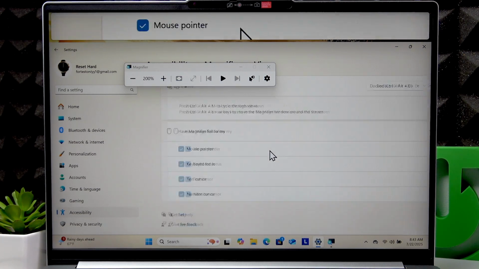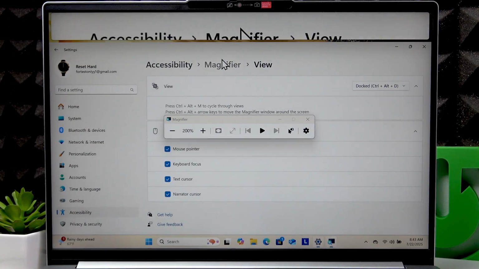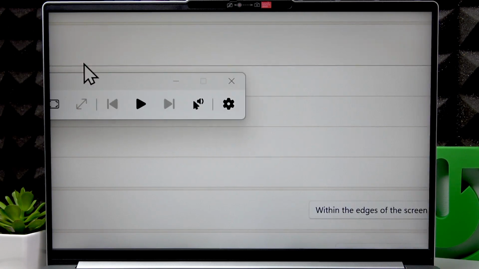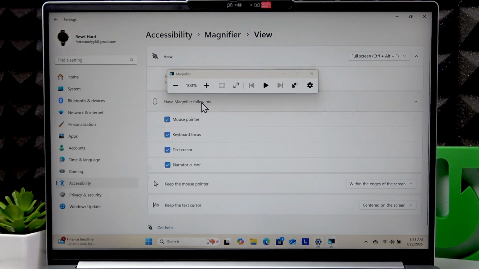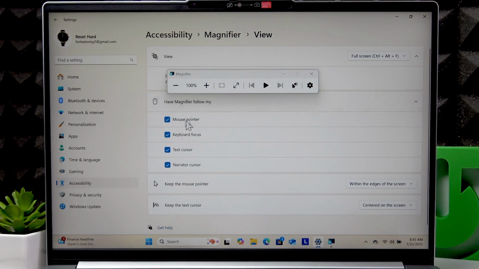Let's go to the docked magnifier view, and as you can see, there are 4 additional options for docked magnifier. Basically, we can make magnifier follow your mouse pointer, keyboard focus, text cursor, or narrator cursor. For full screen magnifier, we can use the same option as we had for docked magnifier, and we can also